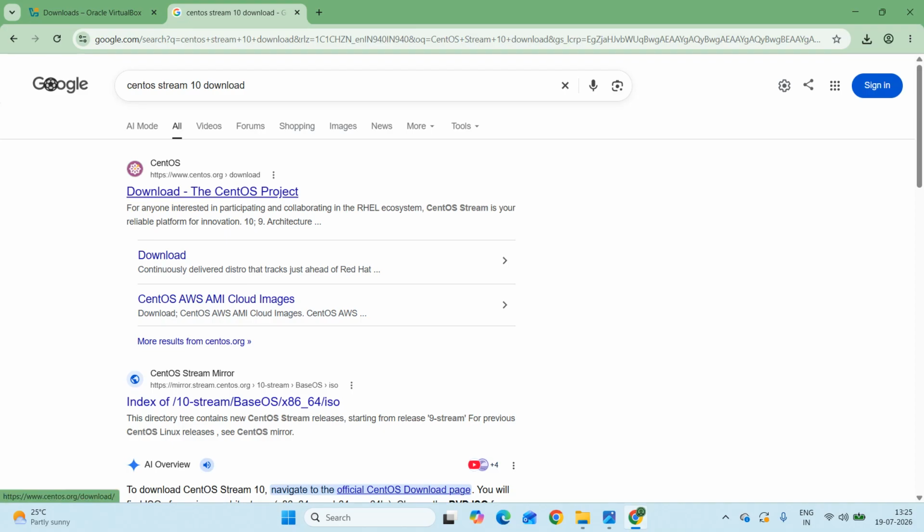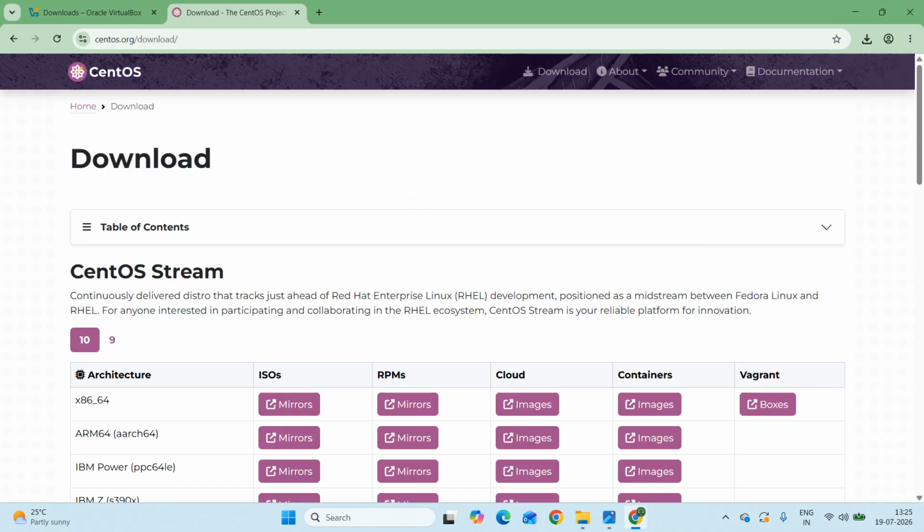Download the CentOS project. Okay, you click on this, and now there are two versions that we can see: CentOS Stream 10 and the previous version CentOS Stream 9. We will go for the latest one, so I'll keep the default selection of CentOS Stream 10 here, and I will have to download the ISO image for the 64-bit Intel based system, and also for compatible systems like AMD processor based systems. My laptop is an Intel i7 based laptop, so I will have to click on this